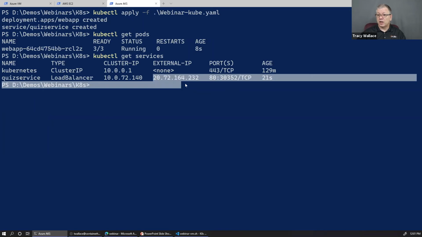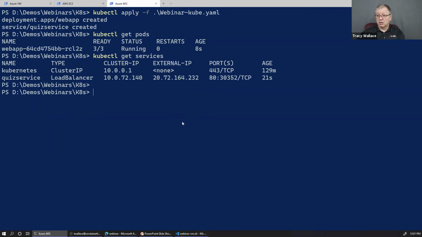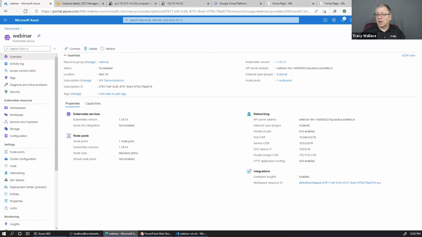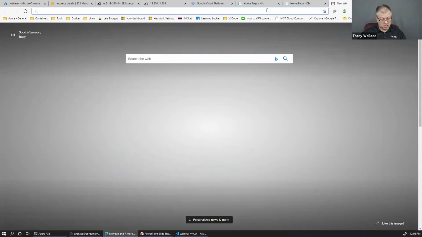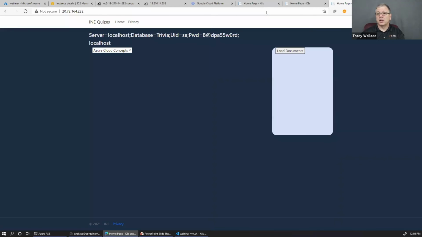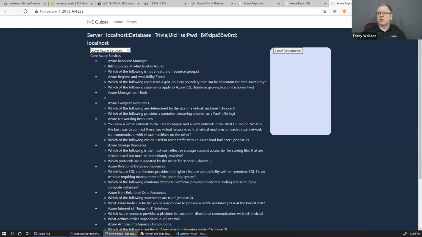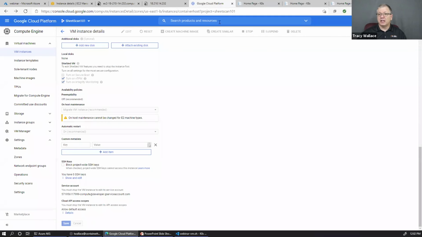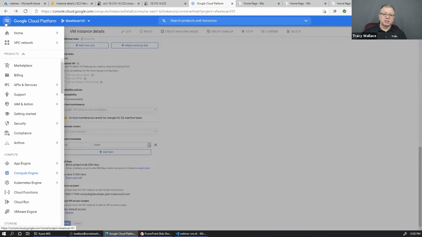Make sure I get this right. And there we go. Okay, so that's now running against my Kubernetes in Azure. And last but not least, and I apologize for AWS people,